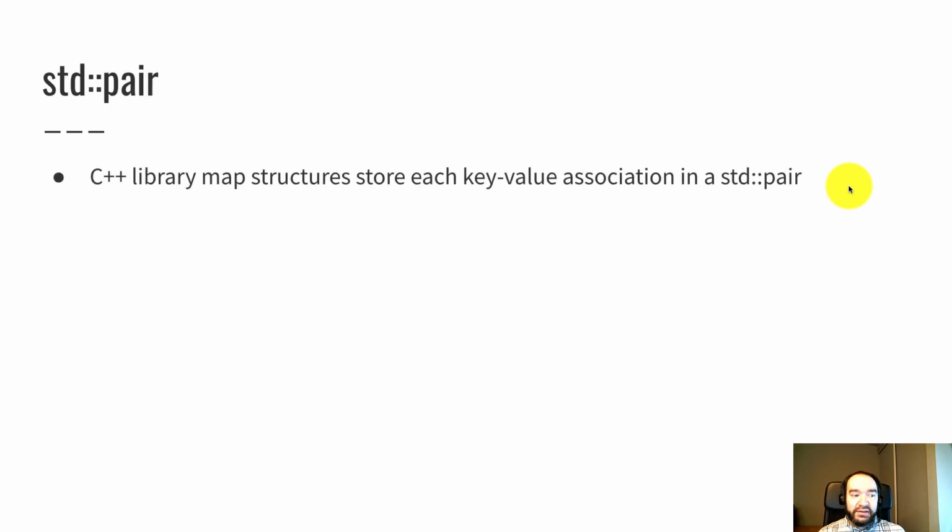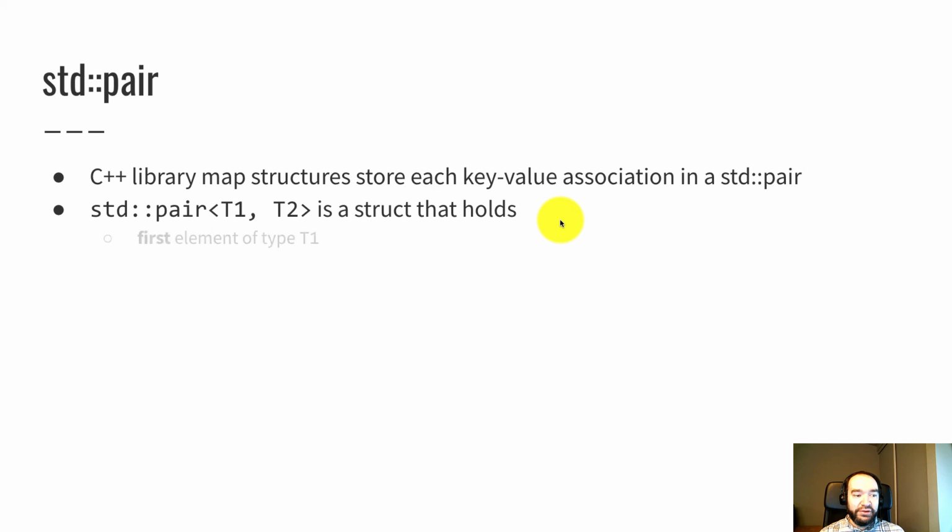std::pair is the class built into the standard library. It's actually a struct that represents one of these key value associations. You can use it for any pair of things, but one major application of it is a key value association in a map. The full declaration of it is std::pair<T1, T2>. T1 and T2 are types. Those are template parameters.